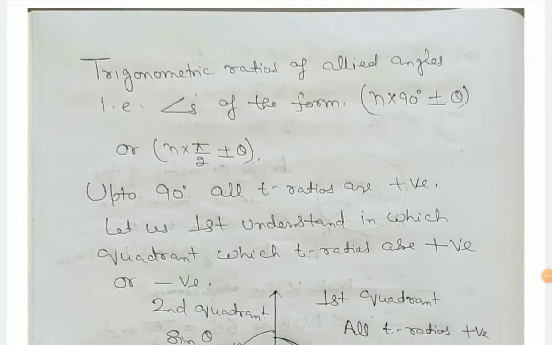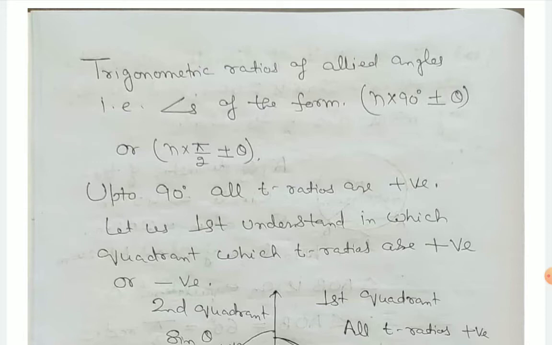Hi students, in my previous video on trigonometric functions, we discussed class 10 trigonometry, trigonometric identities of class 10 and additionally different systems of measurements of angles. First one was sexagesimal system where angles are measured in degrees, and another was circular system where angles are measured in radians. And we concluded that pi radian is equal to 180 degree. It was used for converting radians into degrees and vice versa.